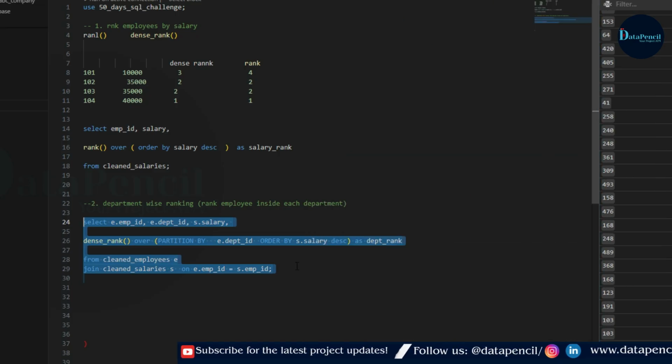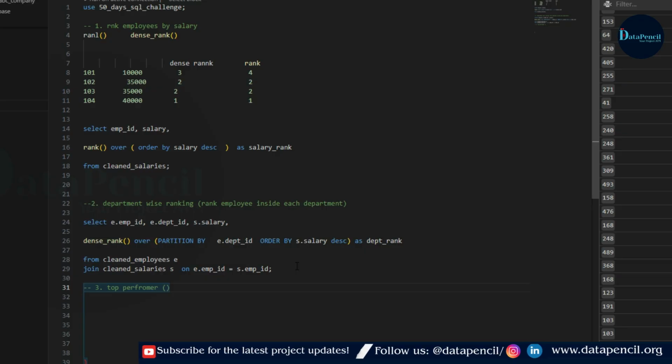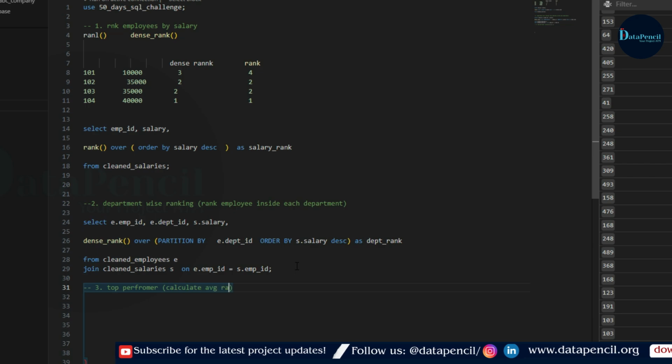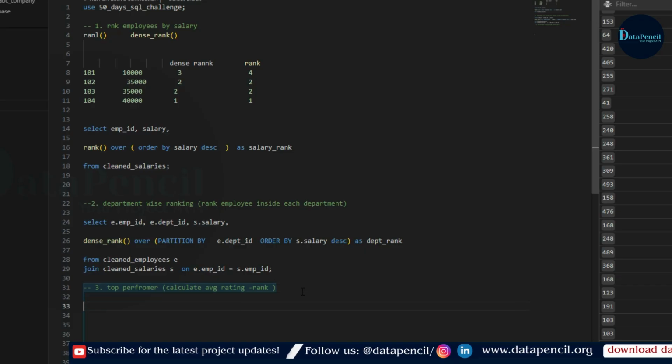Now come to our third query. In this query, we have to find the top performers. Here we have to give the rank based on the performance, meaning based on the rating. So firstly we have to calculate the average rating, and after that we will provide the rank. Now how to calculate the average rating? As we already did in the earlier queries,